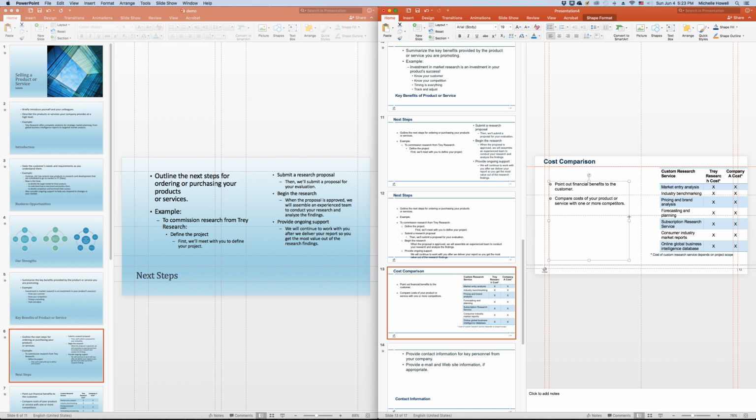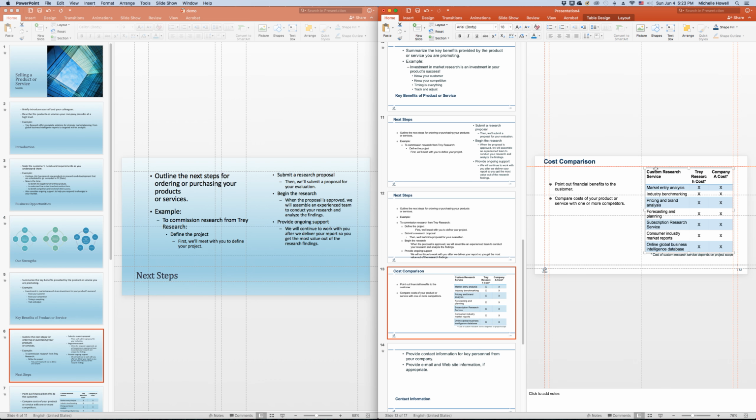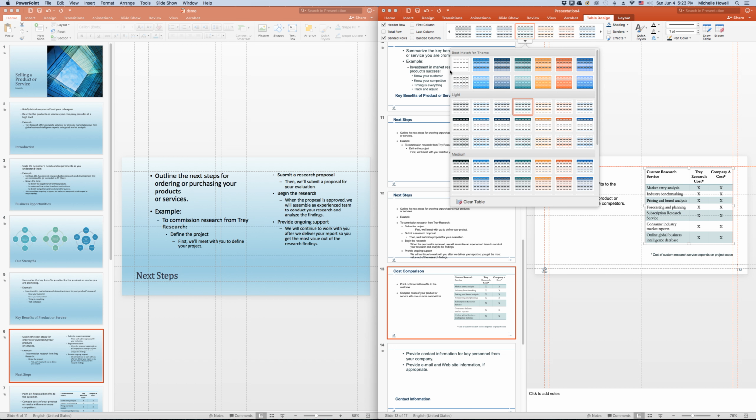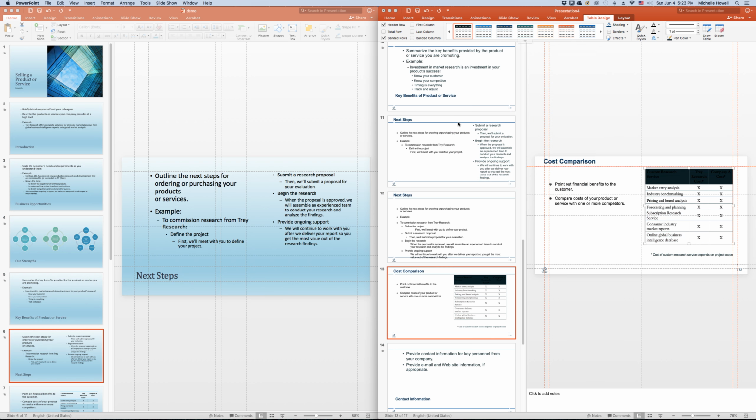So you may want to make it whatever size is appropriate, then select your table here, and then you can double click on the table and you can apply whatever formatting you may want to it. So you would just come here, select your formatting, select your table,